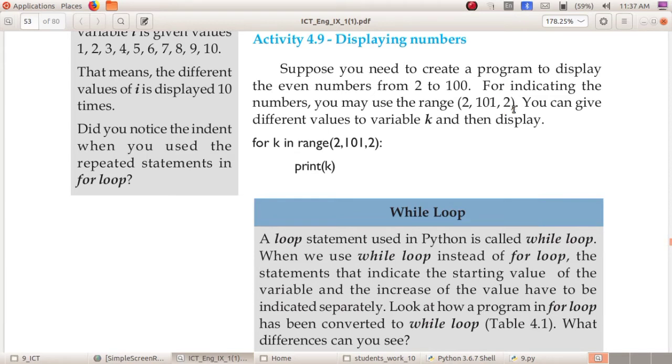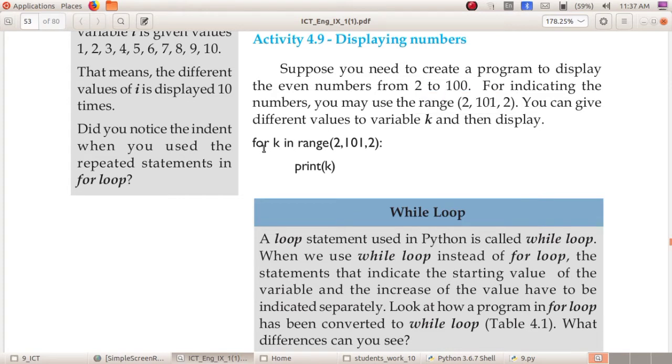You must display even numbers: 2 plus 2, 4; 4 plus 2, 6; 6 plus 2, 8. So by adding 2 each time, we will get even numbers. This is the range we have to give for printing even numbers from 2 to 100.